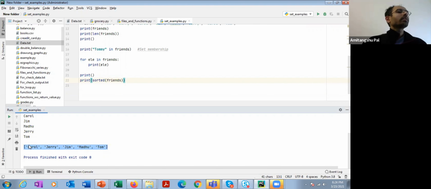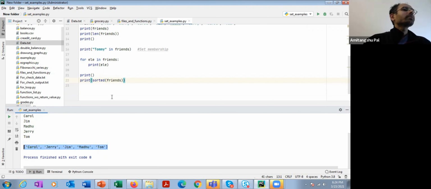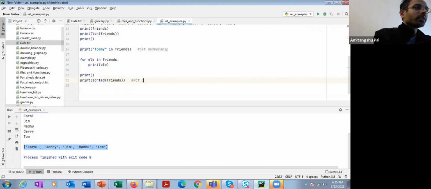You see, this is not a set anymore. This has become a list. You see, this is inside square brackets as opposed to curly braces. All right, so that means this has become a list. Why? Because you have sorted. That means you have already ordered them. So whenever a set is ordered, it has become a list. Okay, clear to everyone? All right, so this is the point that you need to notice from this line. So this is not a set, it is a list. Clear?